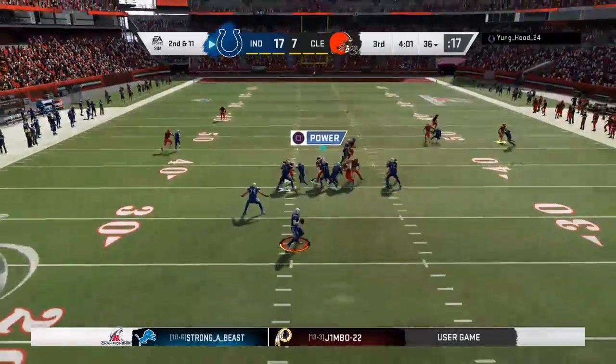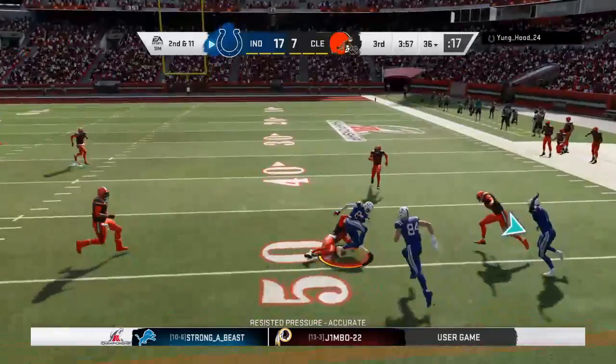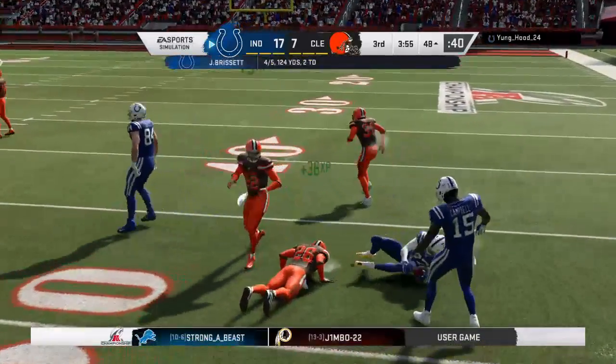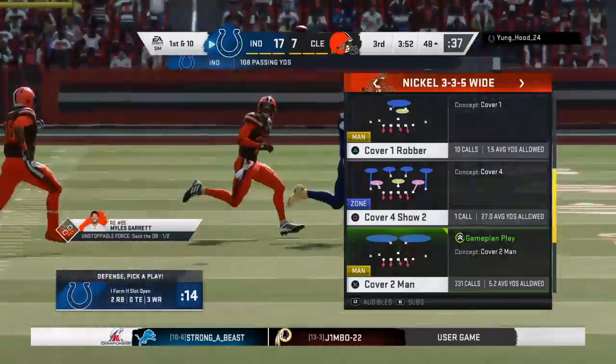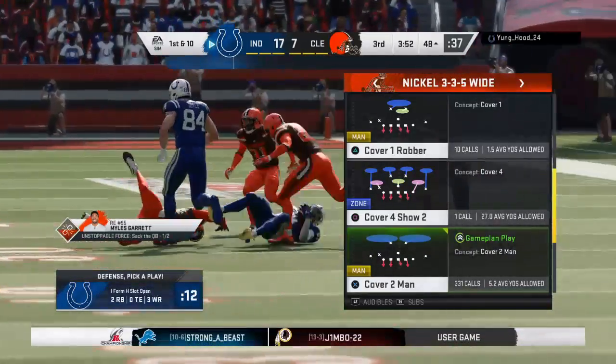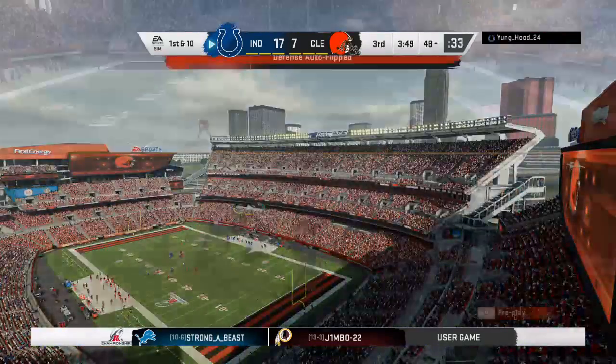On play action, Brissett going to throw right side here, complete. Tally, that is catch number 1 for him in this AFC Championship. It's a first down. Cool under pressure right there, escaping the pocket and finding what I think was not his